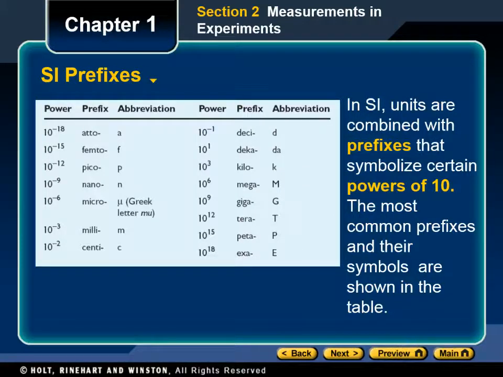SI uses prefixes to accommodate extremes. Physics is a science that describes a broad range of topics and requires a wide range of measurements, from very large to very small. For example, distance measurements can range from the distances between stars, about 100 quadrillion meters, to the distances between atoms in a solid,